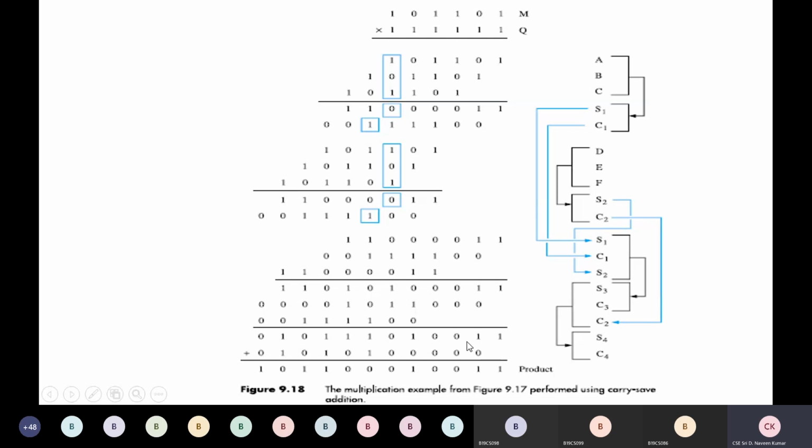And remember, we have reduced until the last 2 remain to add. Now we will do normal addition, where the carries will propagate from one pair to another pair. Look here, if we add 1 and 1, actually what comes is 1 0. So we'll keep 0 here, and 1 will propagate. It is a normal addition. Now again we added 1 and 1, that is the carry coming from here plus this one. So it becomes 1 0. We kept 0 here, we kept 1 here. So 3 ones here. When we add, it becomes 1 and 1. So the 1 we got here. So this is normal binary addition.